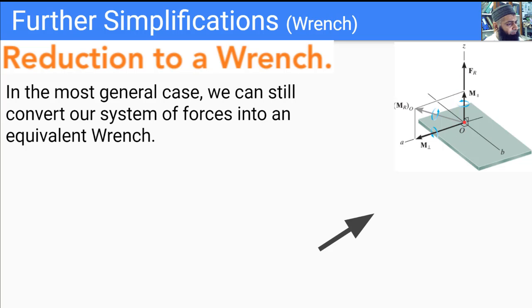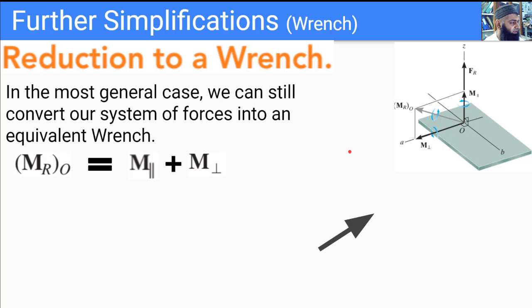So in the most general case, we know that we resolve our forces and couple moments to a particular point O, and in this case the resultant moment is not perpendicular with the force. It makes some arbitrary angle with the force, but we can always resolve our couple moment into its perpendicular and parallel components. As we saw in the previous slides, we can always remove this perpendicular component by moving the force around. By moving the force perpendicular to this vector along the xy plane or AB plane, I would be able to cancel out this perpendicular component of the moment.